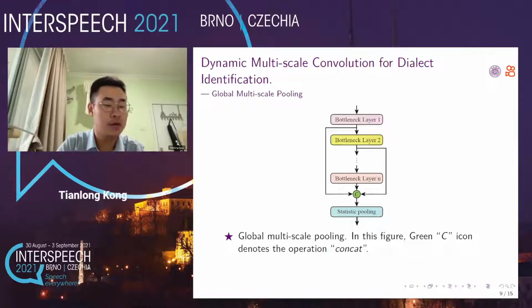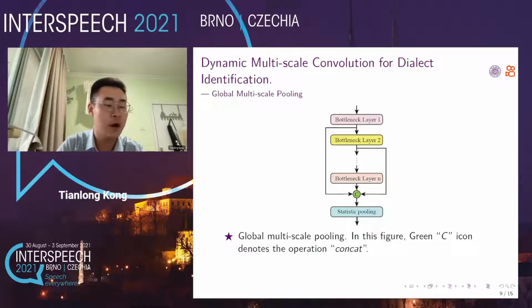The third point: considering that we have the idea of local muscular learning, can we let our entire model, like a transformer model, have global information control? So we put forward the concept of global muscular pooling. Previous work concluded that feature aggregation at different layers can improve the accuracy of speaker embedding models in speaker verification tasks. The bottleneck feature is a kind of high-level information integration. Therefore, we aggregate different bottleneck features in the channel dimension and send them to statistic layers for the purpose of enhancing the dialect classification